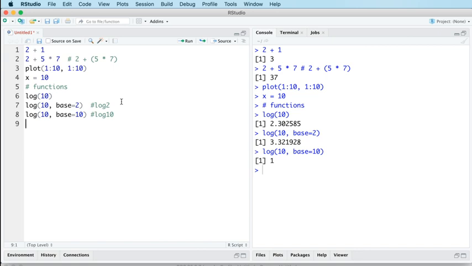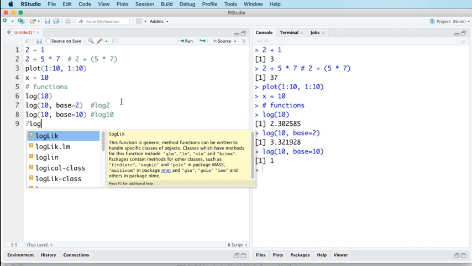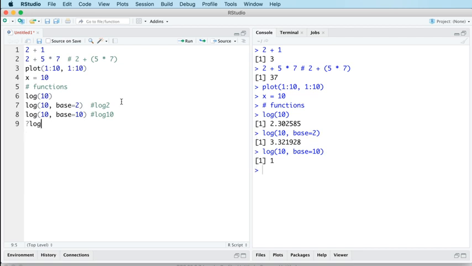So if you want to understand what the arguments are for a particular function, then you can look at the help file for that function, and you do that with the question mark operator. So question mark and then the name of a function